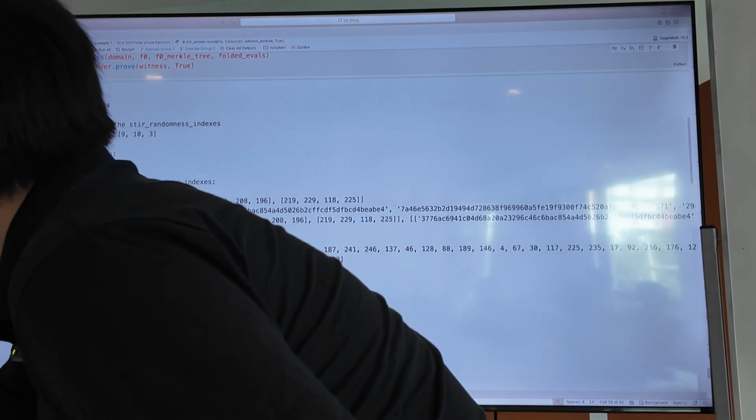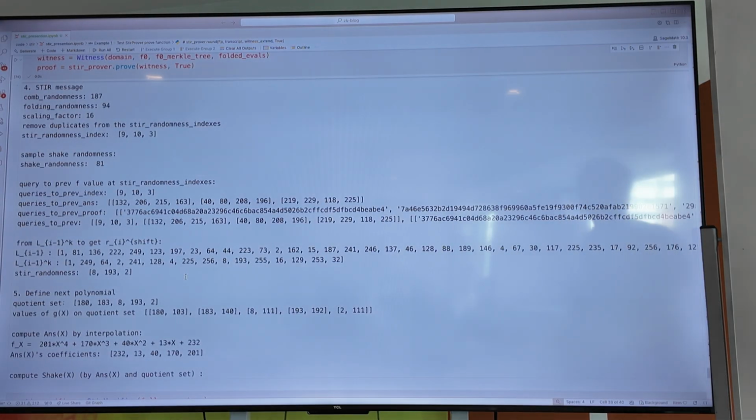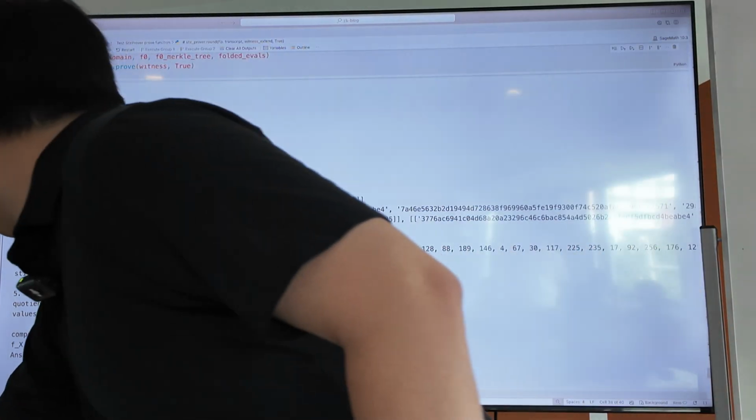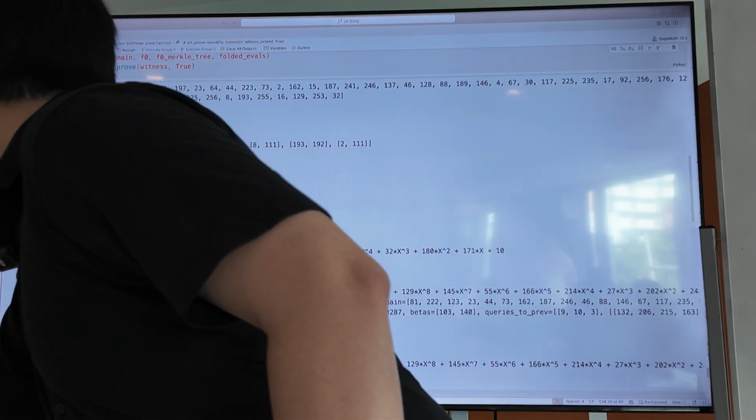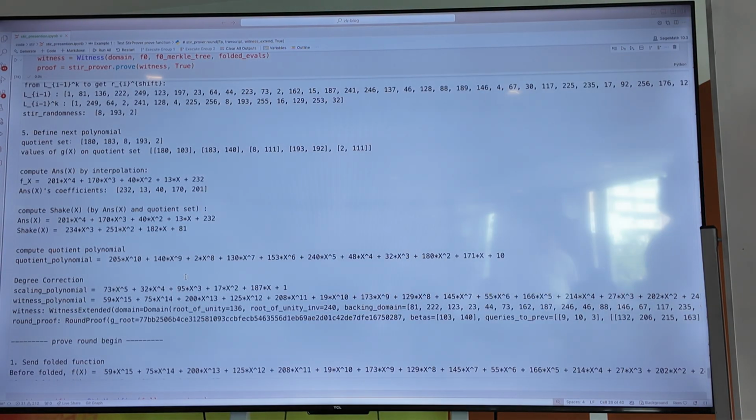We then go into the STIR messages. So this is essentially the next step when you actually get R shift from the verifier and you use that to compute your STIR randomness, and then use it in the final step to define your next polynomial here. In the next final step where you actually compute F prime, we use a technique called